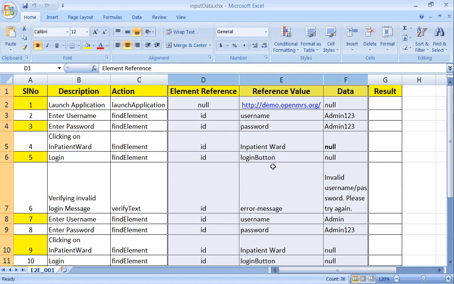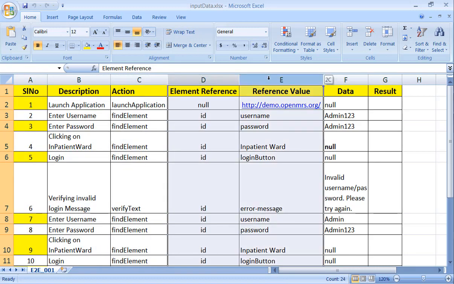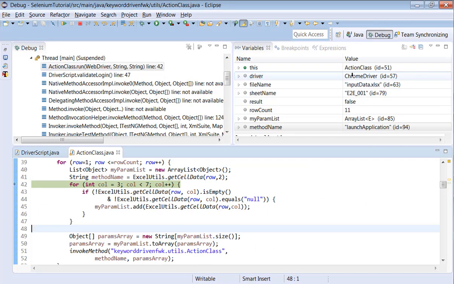So the information from column 3, 4, 5. We are taking this information, right? Totally 3 columns we are taking into consideration when we are storing this information in an array list.